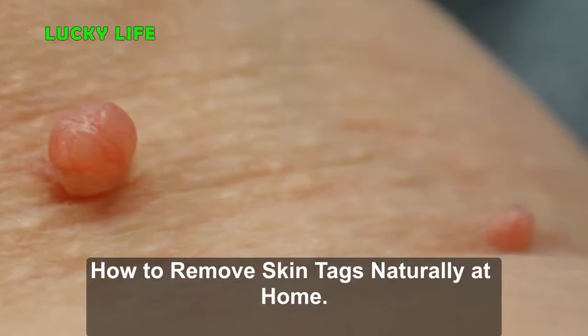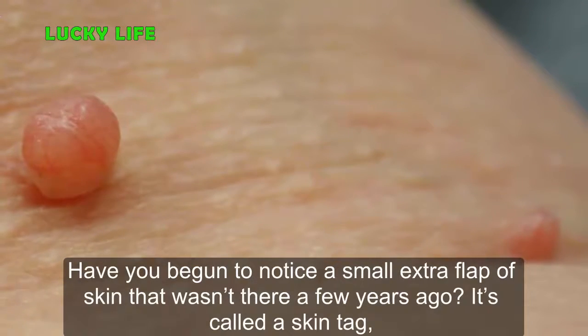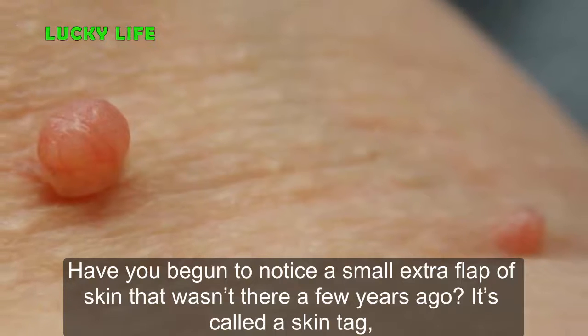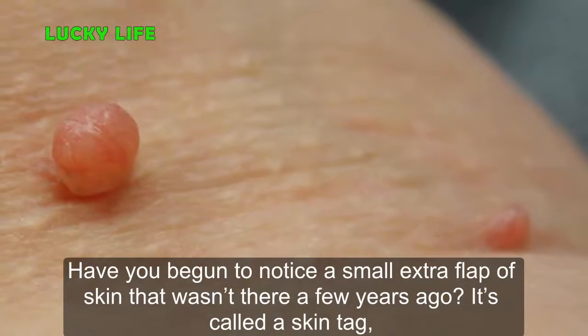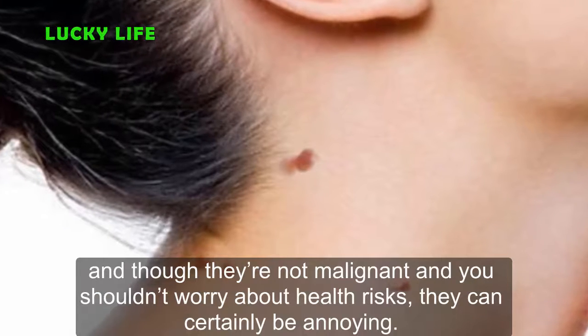How to remove skin tags naturally at home. Have you begun to notice a small extra flap of skin that wasn't there a few years ago? It's called a skin tag, and though they're not malignant and you shouldn't worry about health risks, they can certainly